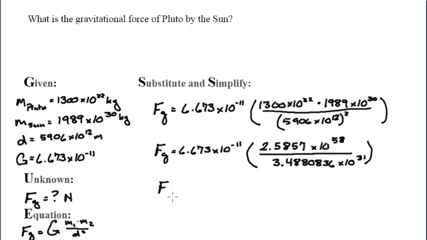Now I'm going to solve what's in the parentheses, to get 7.412953061 times 10 to the 26th,